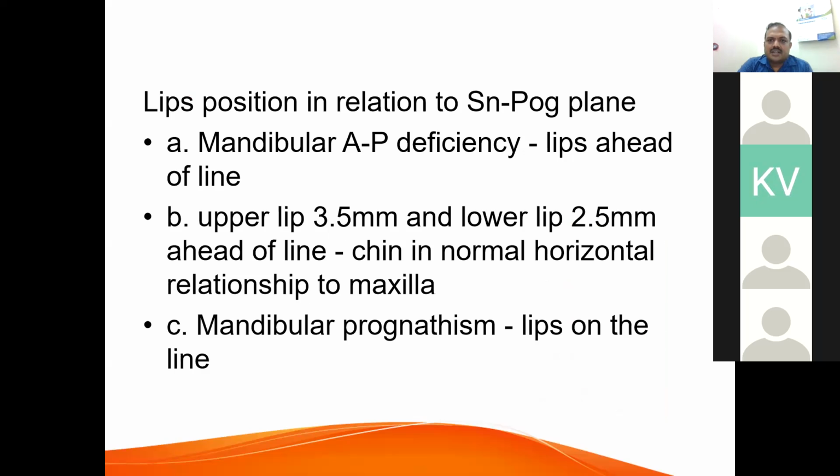The lips' position in relation to the SN Pogonion plane. In mandibular anterior-posterior deficiency, the lips are well ahead of the SN Pogonion plane. Ideally the upper lip is 3.5 millimeters and the lower lip is 2.5 millimeters ahead of the line. In mandibular prognathism, the lips are on the